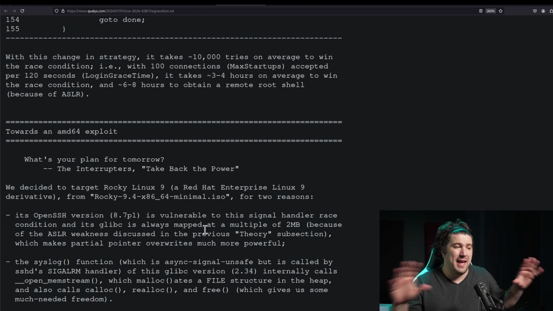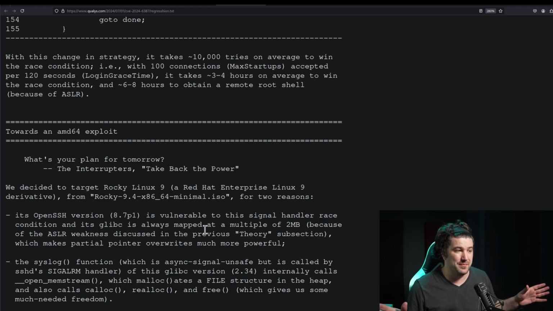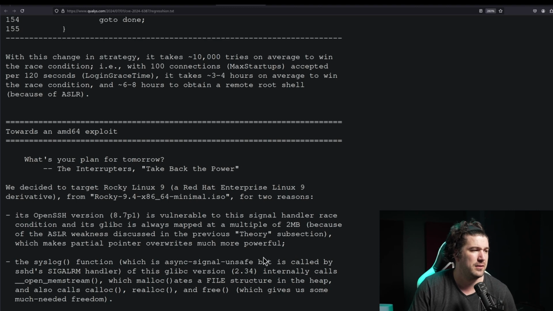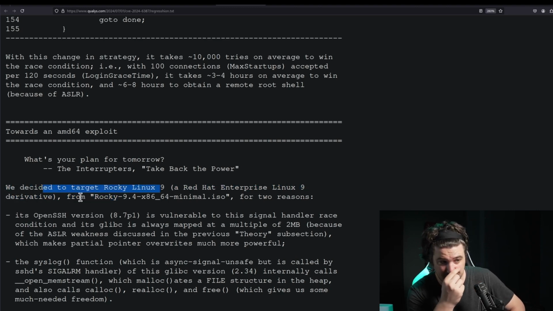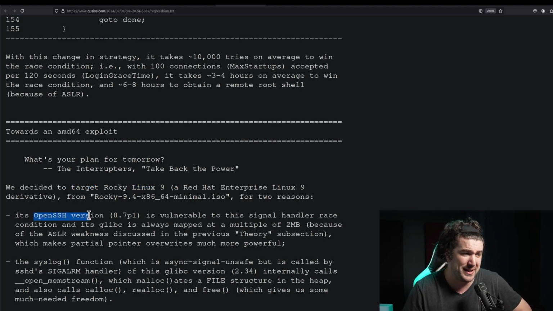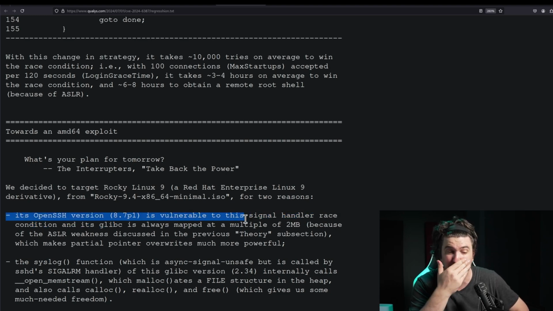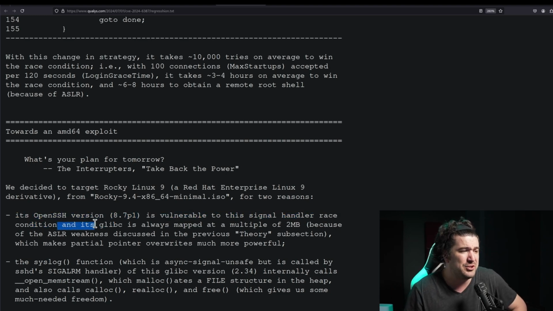Towards AMD64. So far, AMD64 is out of the picture. We decided to target Rocky Linux 9 for two reasons. Its OpenSSH version is vulnerable to the signal handler race condition, so in theory, it's vulnerable. I mean, it is vulnerable. It has the issue. And its glibc is always mapped at a multiple of 2 megabytes because of the ASLR weakness